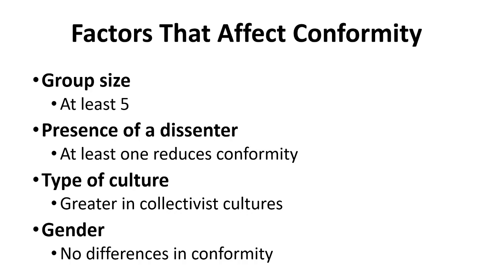Collectivistic cultures, basically cultures that value a group more than an individual, are going to value conformity because that agreement, that harmony within the group is more important than one individual's opinion. And a really interesting one here is that there seems to be, across multiple different studies, and by multiple I mean like thousands of different studies, that there aren't really differences in gender when it comes to conformity. It's not that men or women are more or less likely to conform. It seems to be pretty much equal across the board.